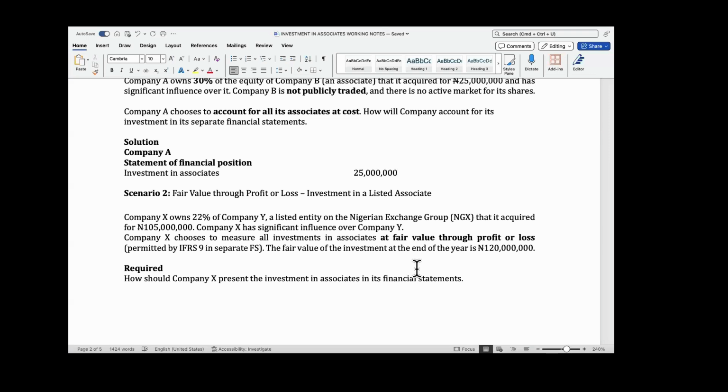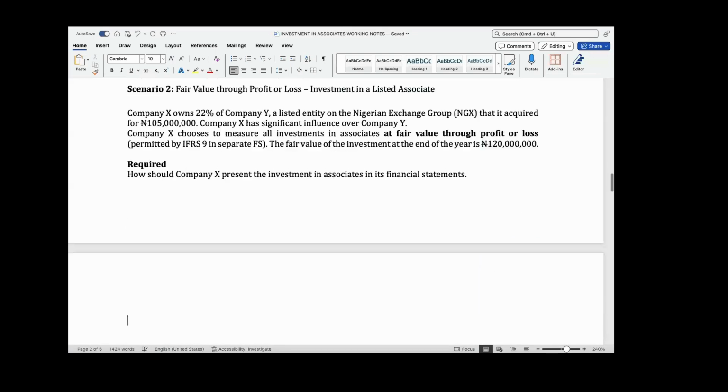So, in line with the question you asked, you will see this one now, they said it is listed on the markets. So that means we can know its share price and all of that. Even though he bought that investment for 105,000, maybe as a result of changes in market price, share price, and all of that, he now knows that his investment is now 120 million. That's the difference. So good observation from you.